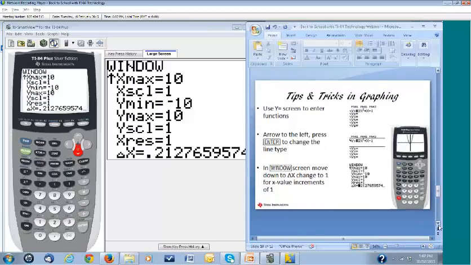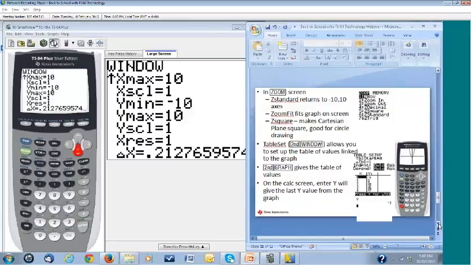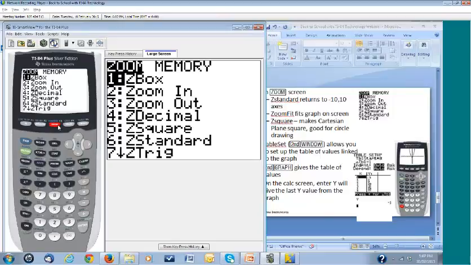The next thing that I was going to have a look at, and I think some people use it really well, I know I get a little bit lazy sometimes and forget to use it, is the zoom button. So in Zoom, some of the ones that, when John and I were talking, are very useful, your Zoom Standard, number 6 there, does take you back to your -10, 10, so your default